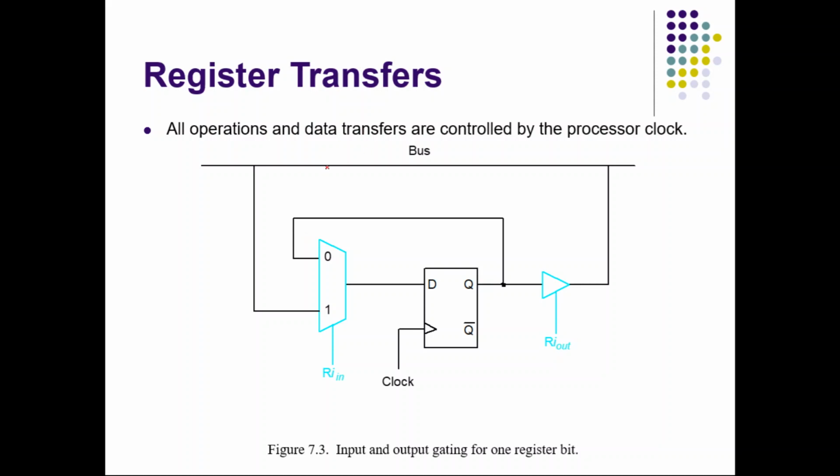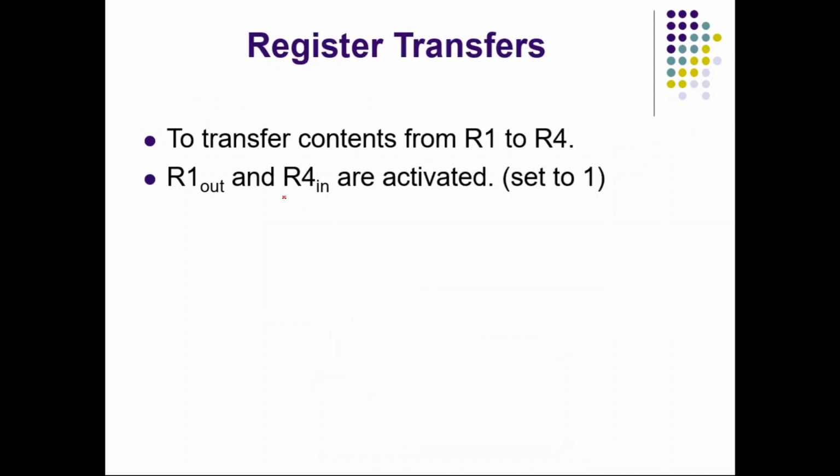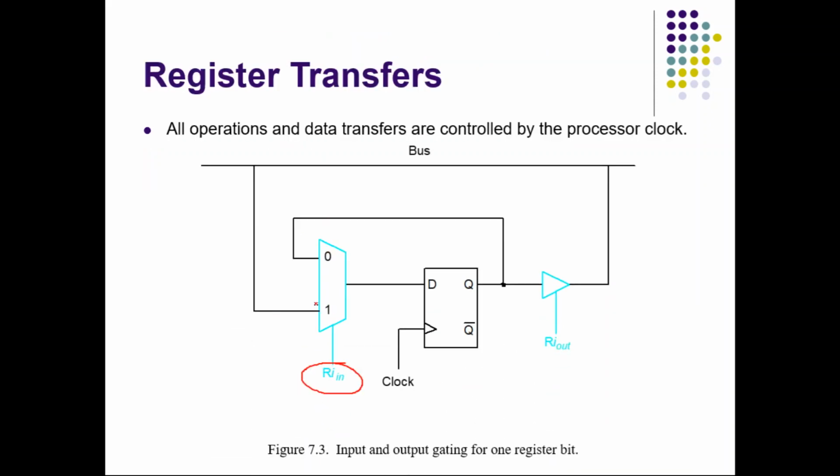Okay, so this is the bus, the internal bus. If Ri in is activated, what should happen? As per our previous understanding, the data from the internal bus should be moved to R4, or Ri, that's the meaning. So here also, if Ri in is activated, whatever the content on the bus will come into Ri, and that will get into the flip flop. Let us not bother about what the flip flop is doing internally.